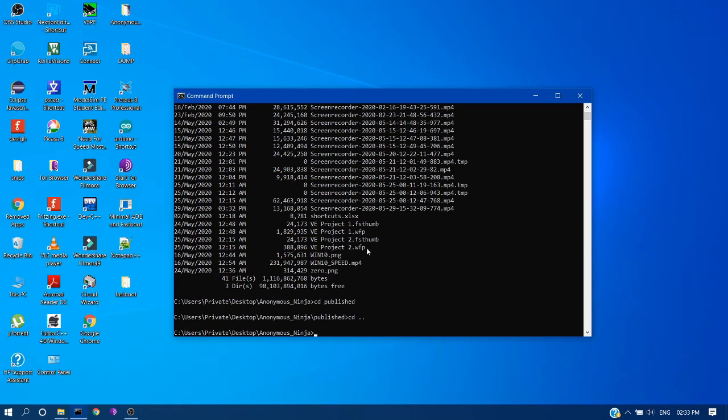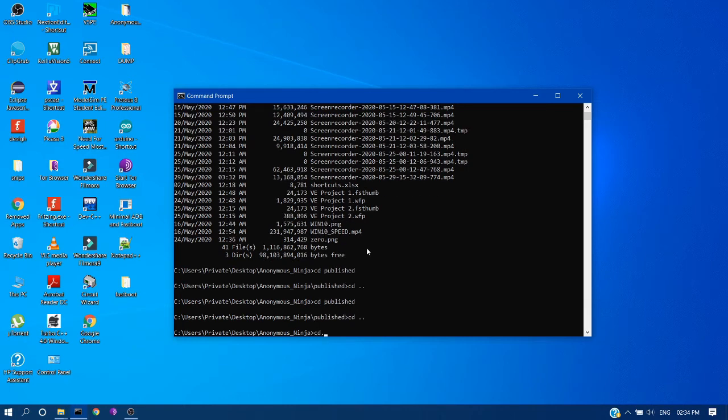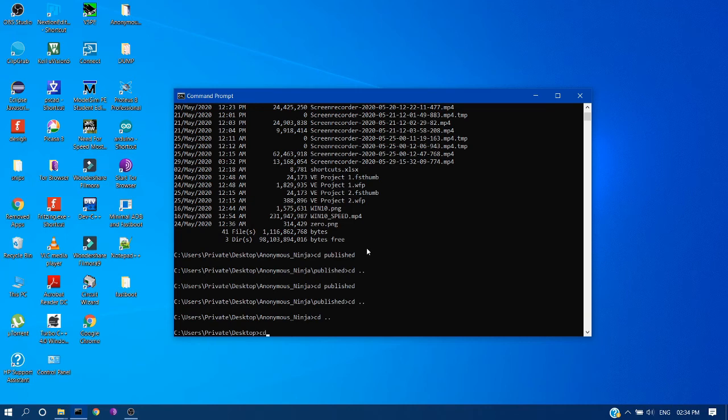I'm going to show you another shortcut for moving into one of the subfolders. Type cd, and we wish to move to the same published folder, but this time type p and press tab. This will automatically fill in the word for you. Hit enter. And if you give cd and two dots after it, it will go back.